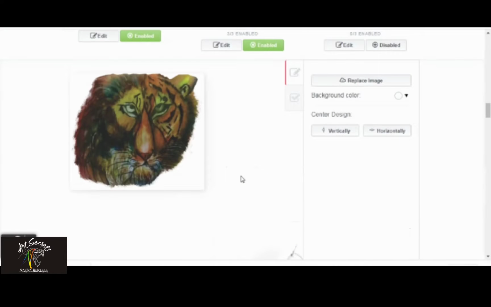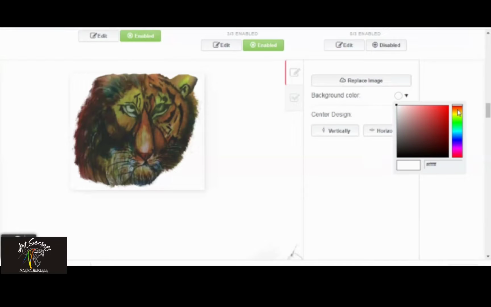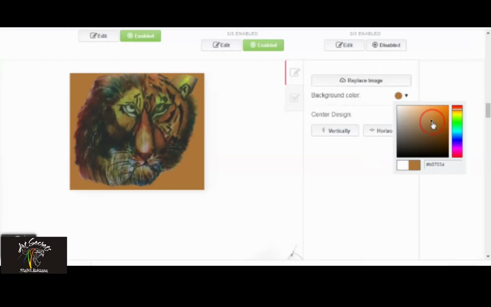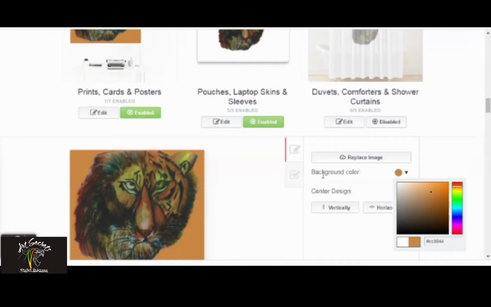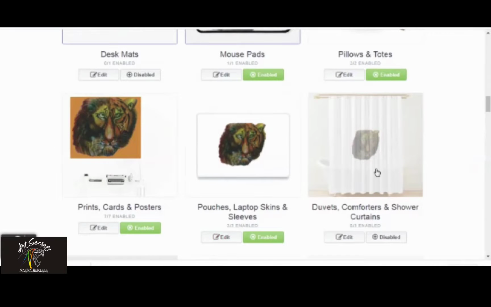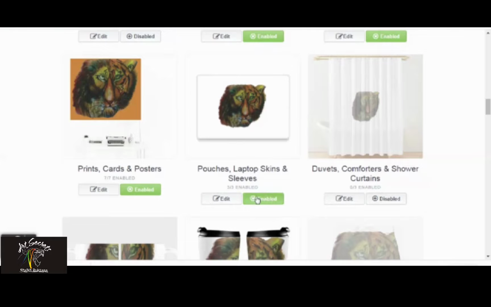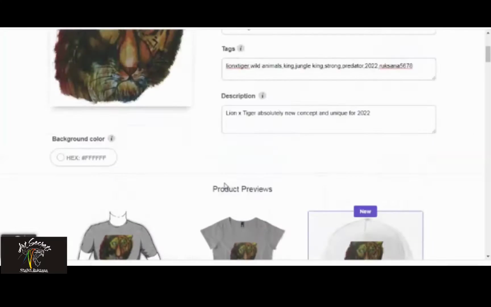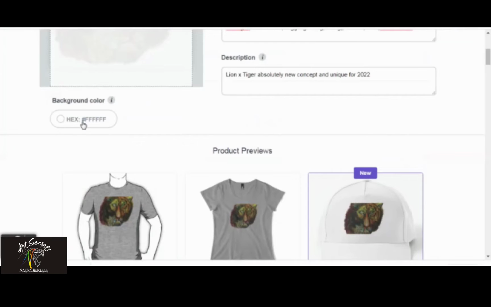So for each and everything you have to do a bit of editing, otherwise the computer takes all the default changes according to itself only, and that might go against your artwork. So please don't worry about it. Slowly and patiently you do it, and you'll get your best output.